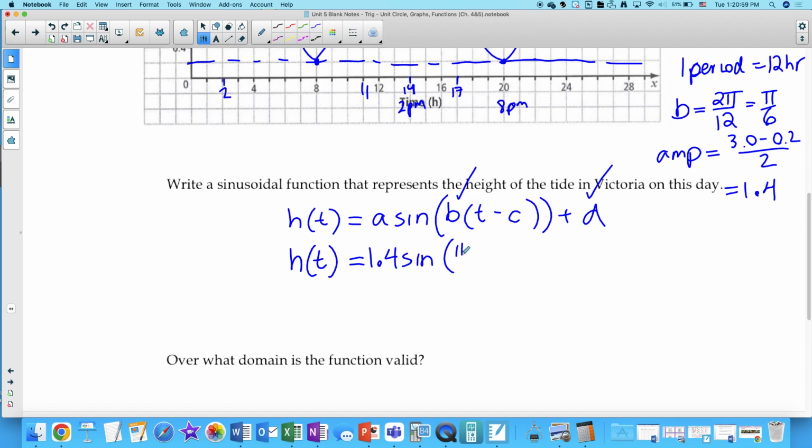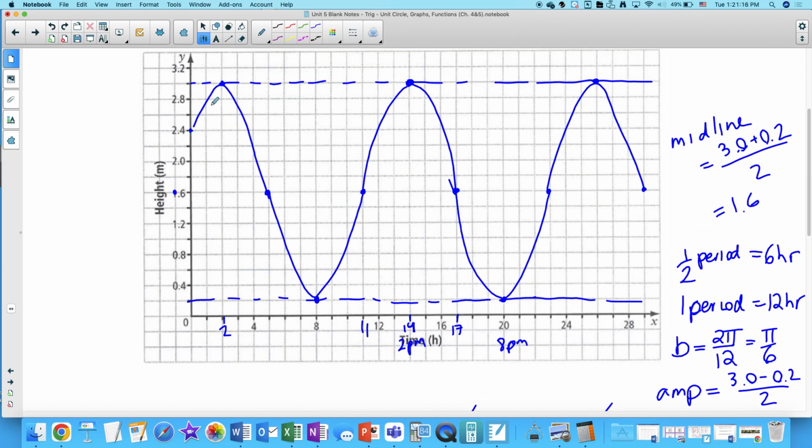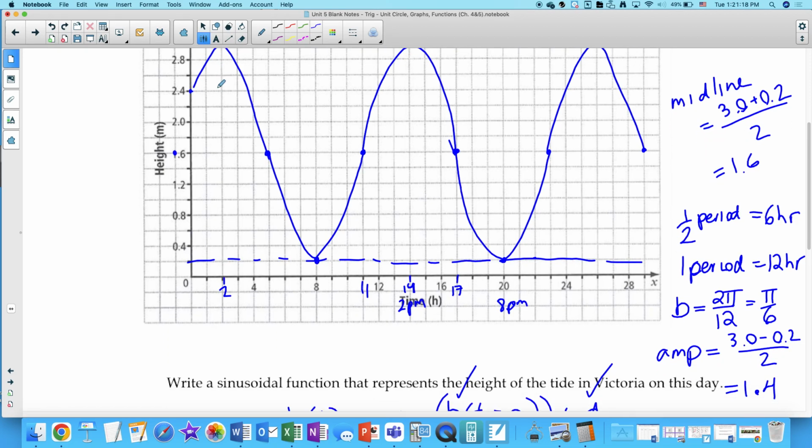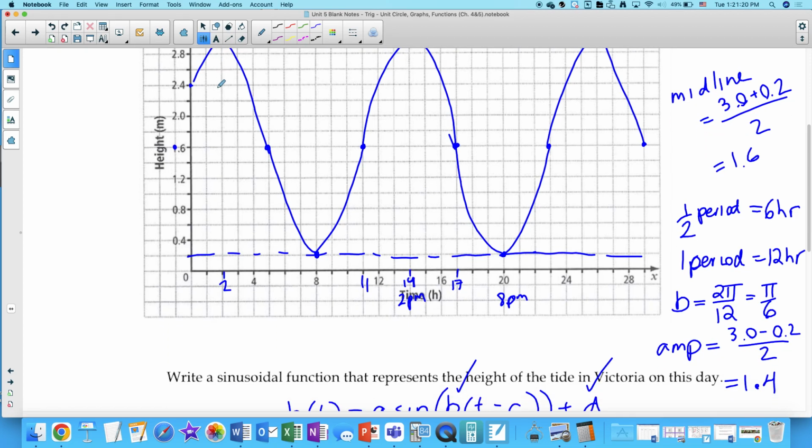That's one option. Now, if you decide to make it cosine, and I decide to start at the top, which is what I would probably do, because, you know, you could, but I wouldn't include both a phase shift and a reflection all at the same time. But it has been done before. If you decided to make it cosine,